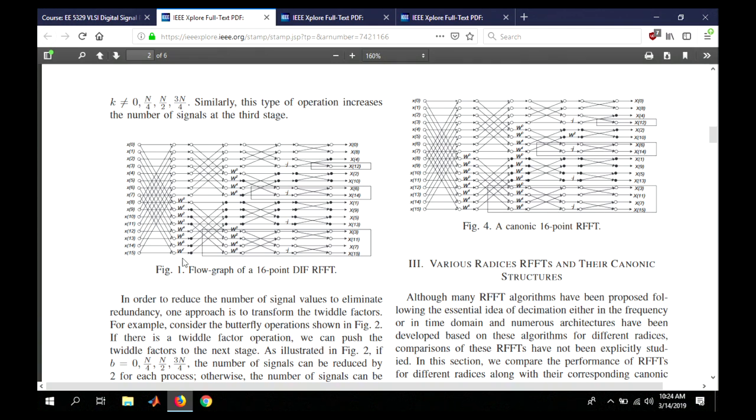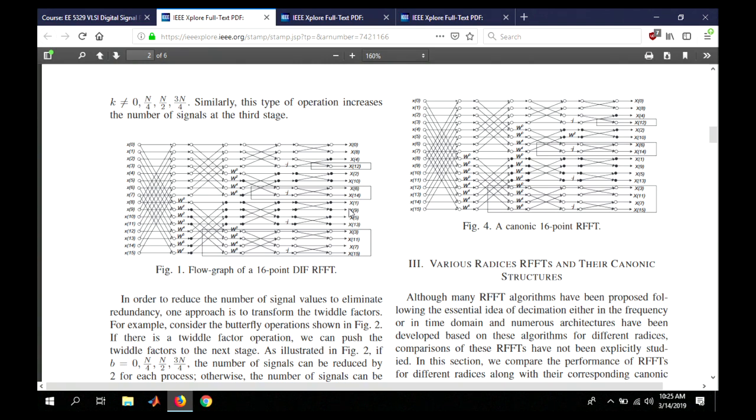How do we do that? Just a basic simple idea that I explained. You push this to the right, these are all 0 or minus j, no more multiplication, just keep real or swap as imaginary. Do the same thing after every even FFT stage. After FFT stage 0, push twiddles to the right. After FFT stage 2, push twiddles to the right. So now stage 1, stage 3, 5, 7 and 9 have twiddle factors, and the twiddle factors after stages 0, 2, 4, 6 and 8 are not real twiddle factors.